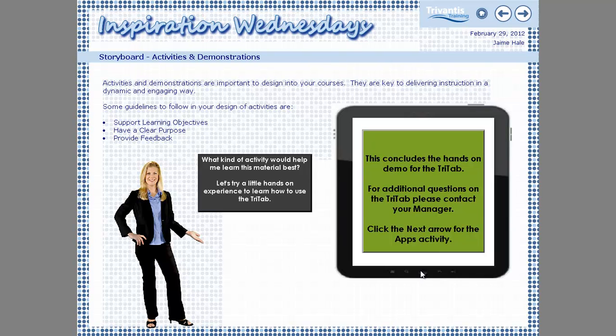And then the third guideline when working with activities and demonstrations is going to be providing feedback. So when an activity is a knowledge check or some other type of discovery learning activity, it's important to provide clear feedback. Sometimes showing the correct answer is enough though. But ask yourself, would more explanation help the learner understand why this is the correct answer? If the answer is yes,